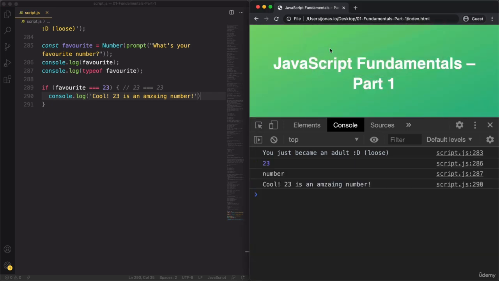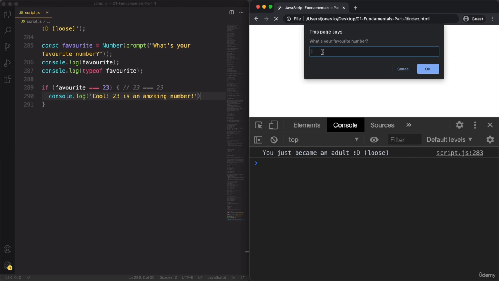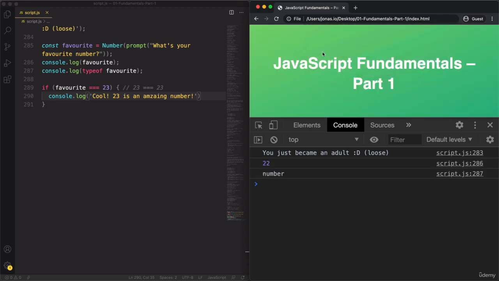So 23, and indeed it does. And you see that it's also now pink, meaning that it's a number. And if I use something else, then of course this here is also false. So if I have 22 here, then this will of course be false because they are different. But this actually brings me to my next point, which is the next cool thing that I wanted to show